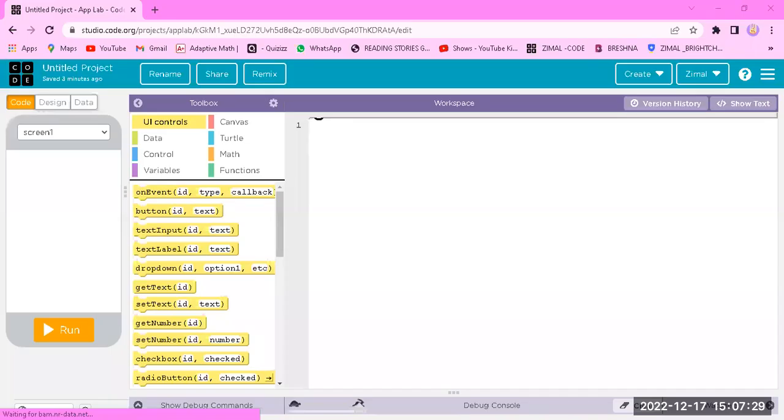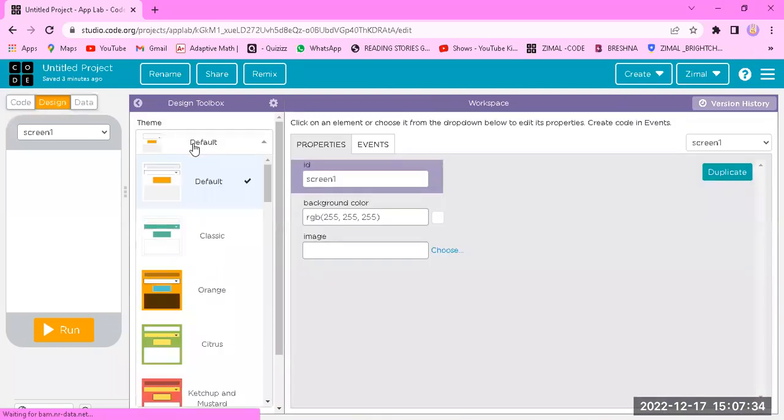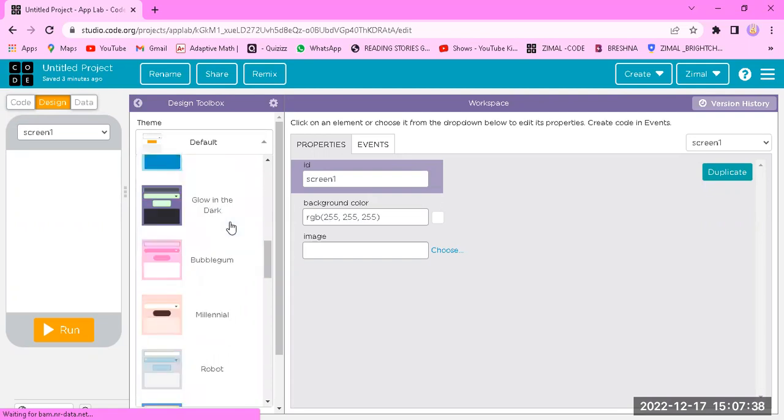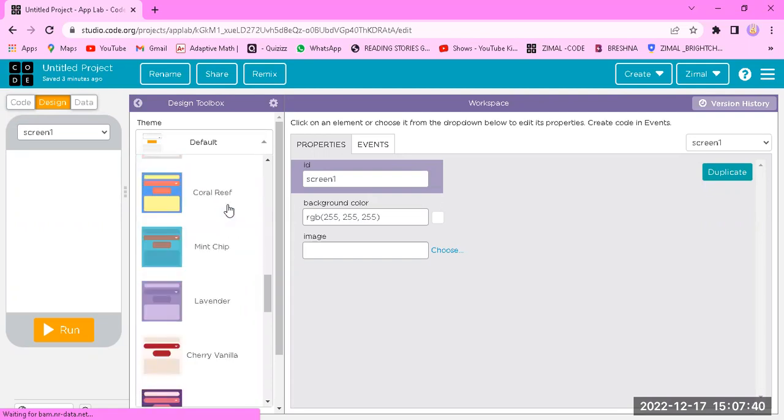Today we'll be learning how to make a flashlight app on code.org. That is a very easy project to make. So let's get started on how to make a flashlight. First of all, today we'll be choosing a demo. Let me use a demo that is called